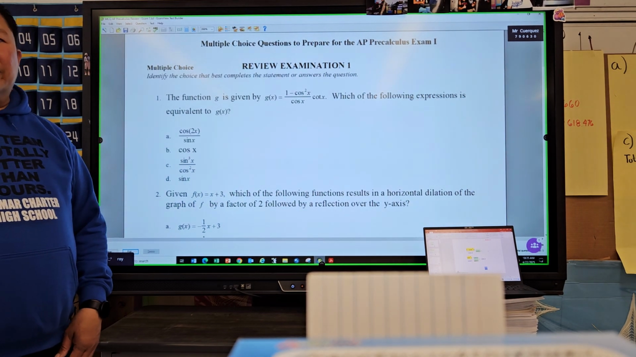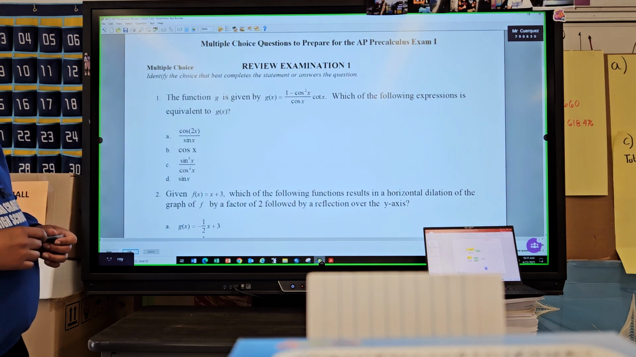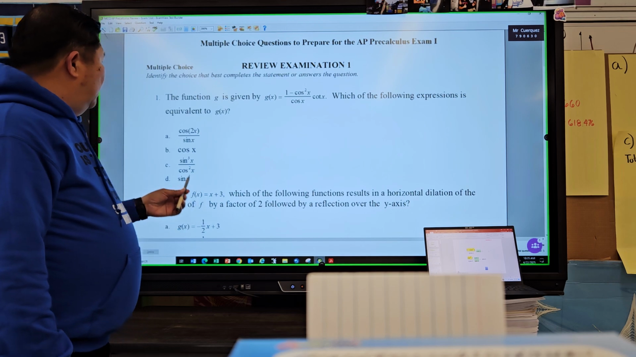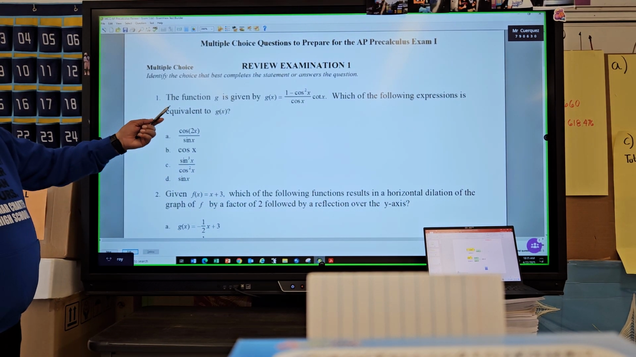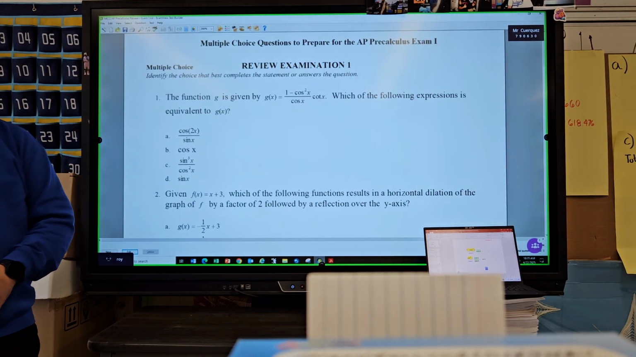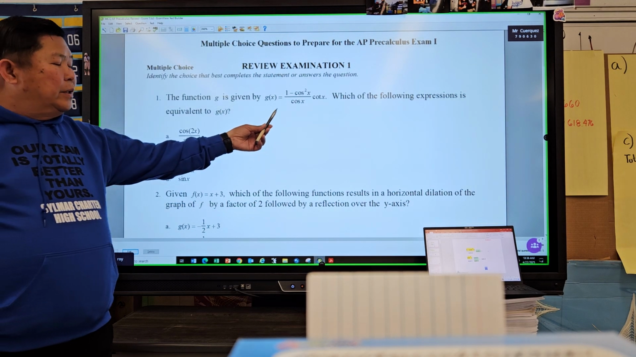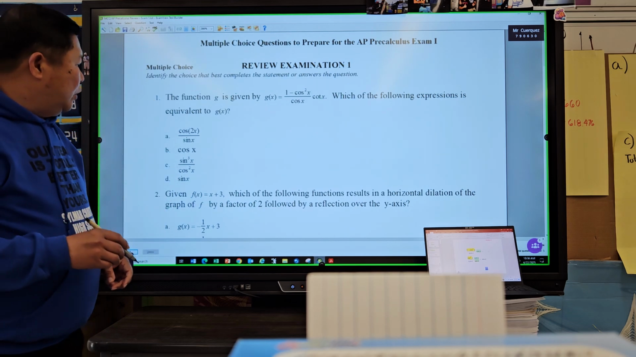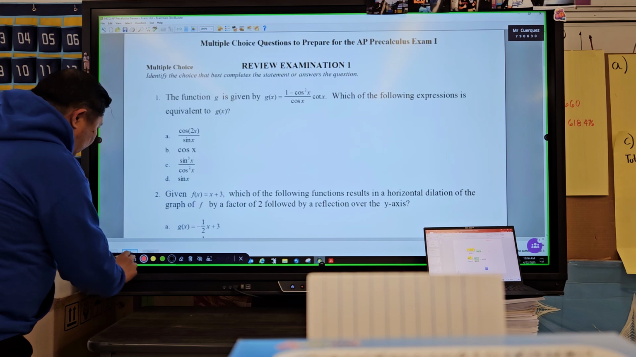So we do first multiple choice questions. The title is multiple choice questions to prepare for the AP Precalculus exam 1. So problem 1 says the function g is given by g of x is equal to (1 minus cosine square x) over cosine x times cotangent x. So I'd like you to recall that this is our basis for,